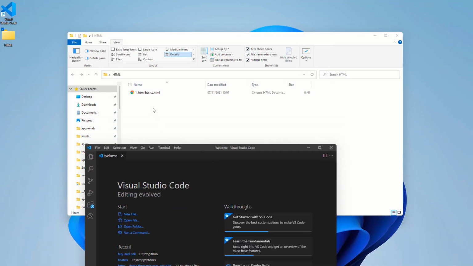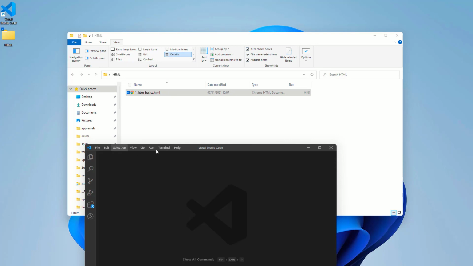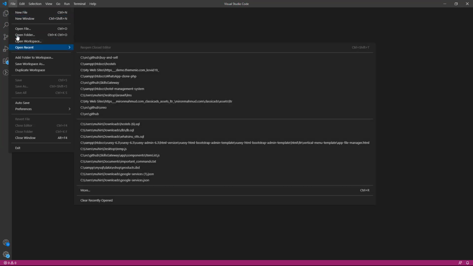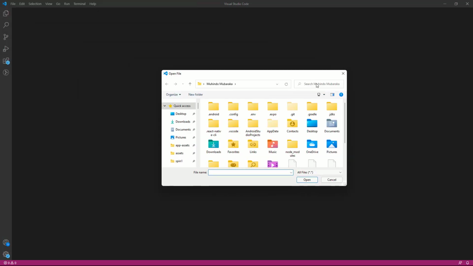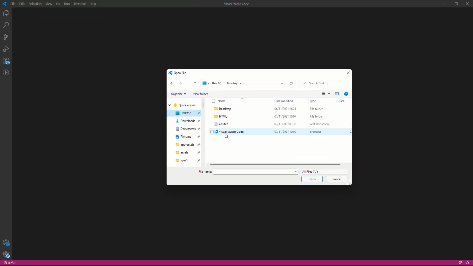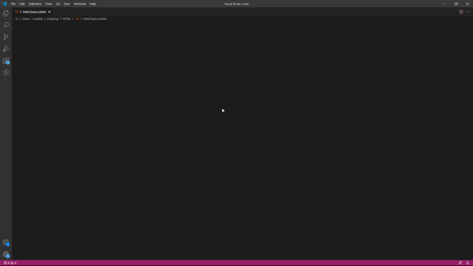So there are two ways how you can open it there. The first way, you can drag and drop it in the text editor. The second way is to go to your text editor and then click on file, and then click on open file, and then here you will have everything on your computer. So I have to select desktop, and then you see this is the folder that we just created, and then our HTML file is there. Okay, so I'll double click on it to open it, and you'll see this is our HTML file